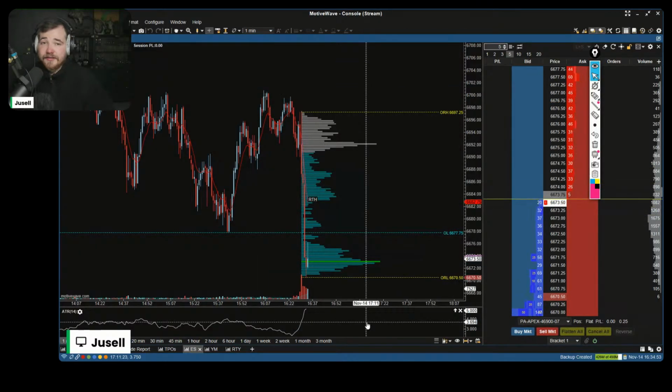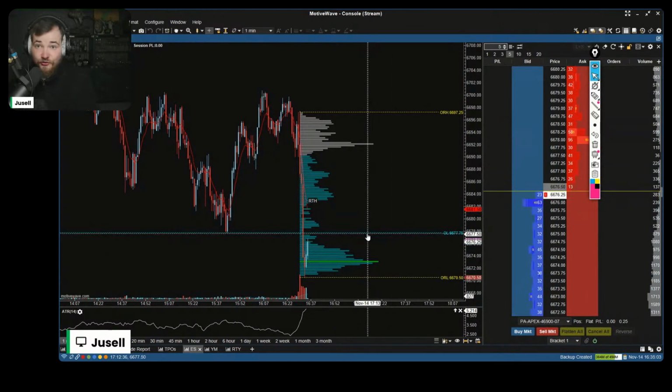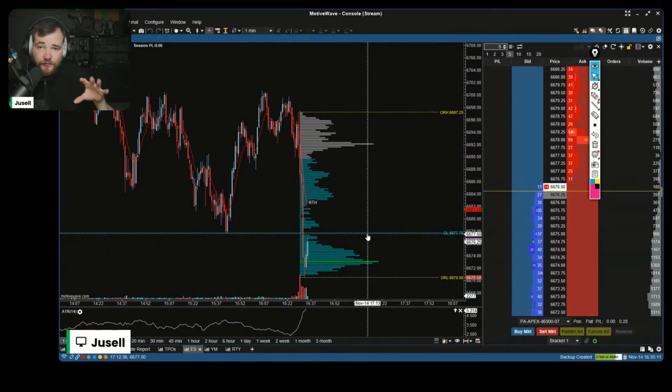You can do this on TradingView. If there's someone who's using TradingView and doesn't know how to do this, I do have a paid version of TradingView as well, so I can actually show you how to do it if someone's unsure how to set this all up. I'm using a platform called Motivwave.